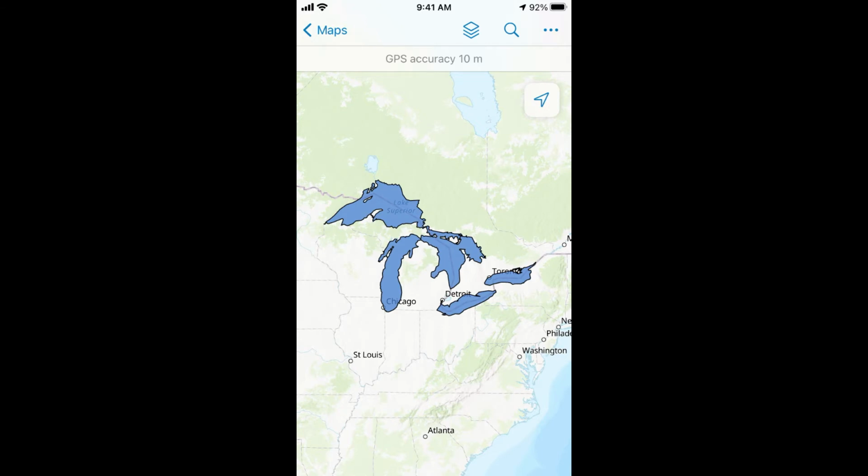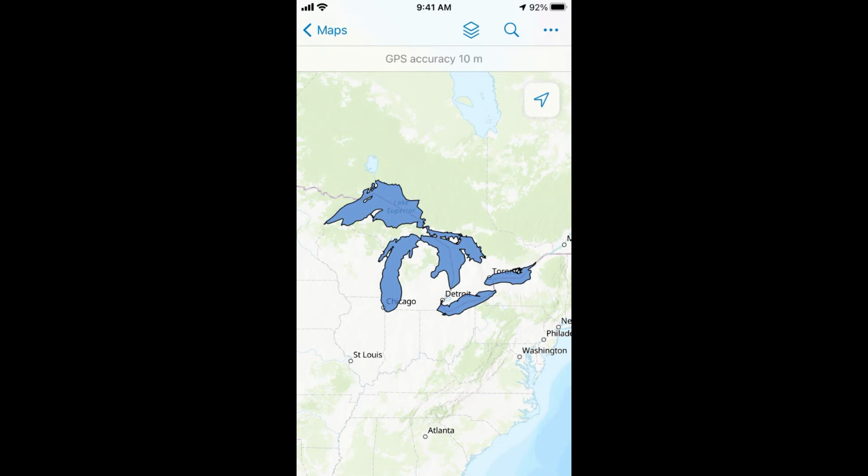Field Maps has several tools available for interacting with your maps and your data. First, I'll highlight just some quick basic functionality that is available in all maps that you're probably familiar with if you're a collector or explorer user. And then I'll show you some things that you can do with your data and some features that are new to Field Maps. When you first open a map, it will show the default base map that has been chosen